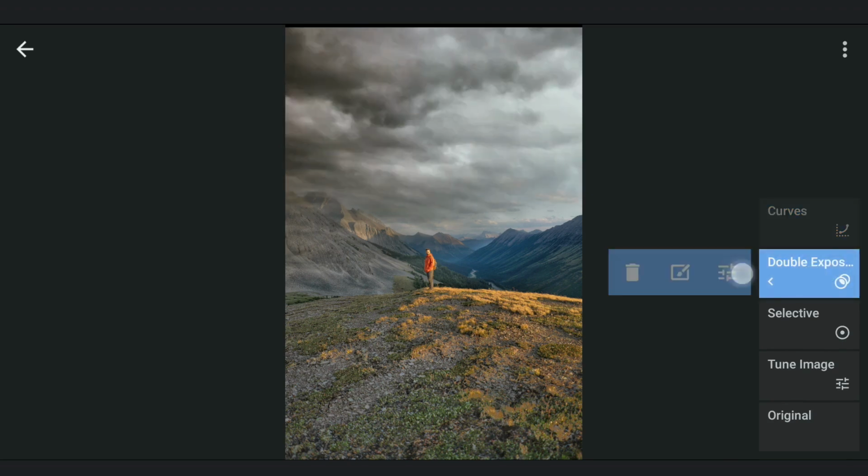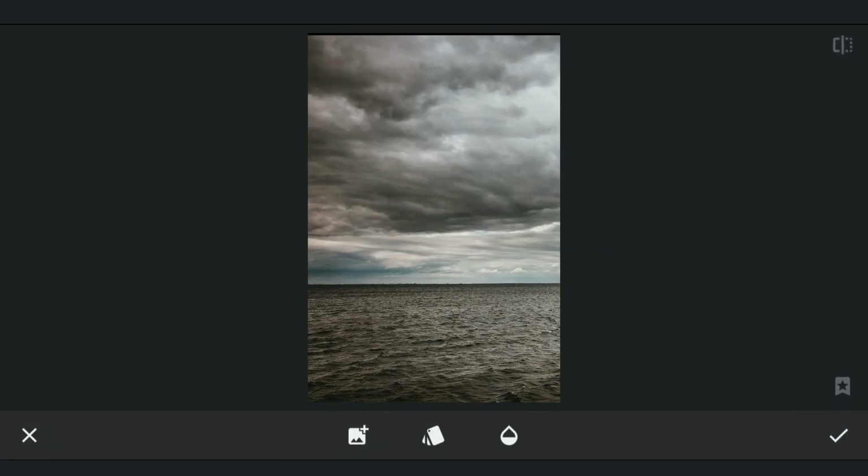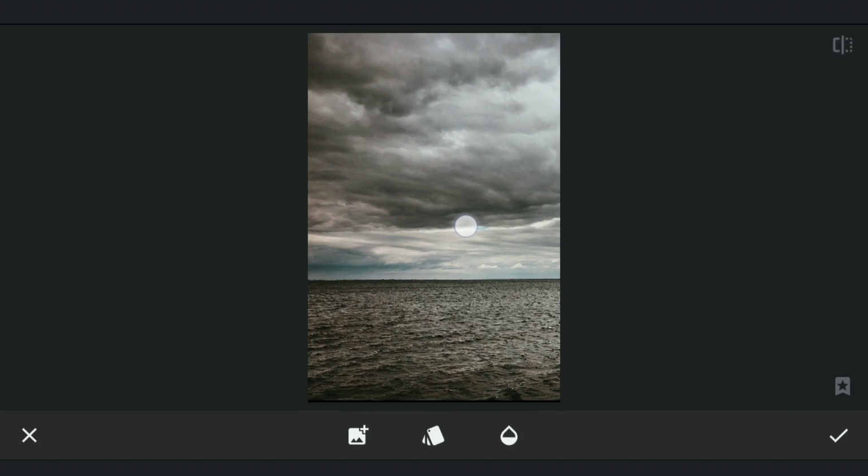Little correction here, going back and dragging the image up a bit to cover the black bar at the top.